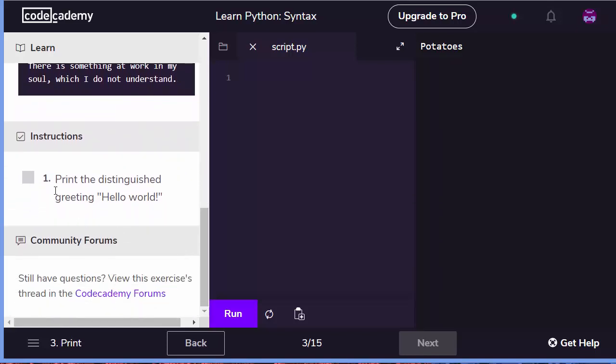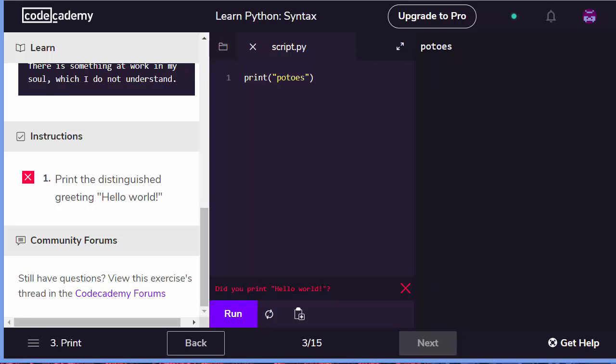And notice right here, this box is grayed out. So it's not like you haven't completed it yet. There's this little empty box where there could be a check mark. So if I'm going to try to print something, all right, and if I try to print the word potatoes, okay, because they want me to print something, and if I run this code, you see how it's grayed out. When I run the code, but I didn't complete the task, they'll give me a little hint, say, hey,